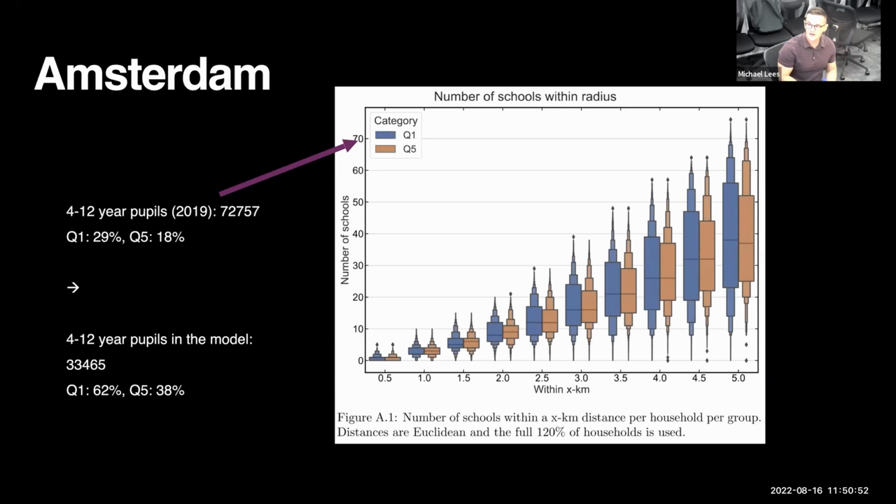Here you actually see real data. So this is for the two groups. And what we thought is maybe the lower income neighborhoods have less choice and the higher income, but it's actually not true. It's just well distributed across the city. And you see on the x-axis, this is the distance. So within X kilometers, how many schools they have to choose from. At 1 kilometer, it's already like 5 on average. At 1.5 kilometers, it's already like 8. And within 3 kilometers, which is not very far by bike, you've got 12, 13 schools to choose from.